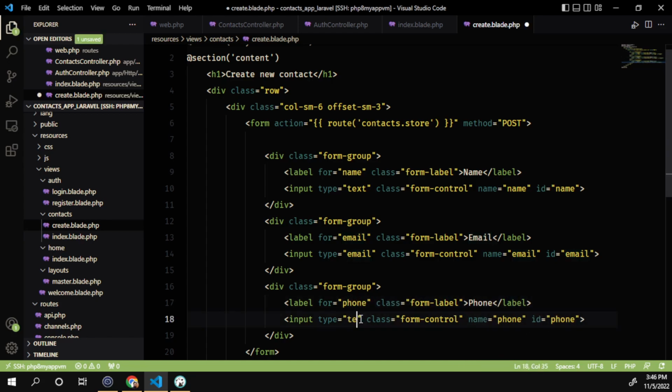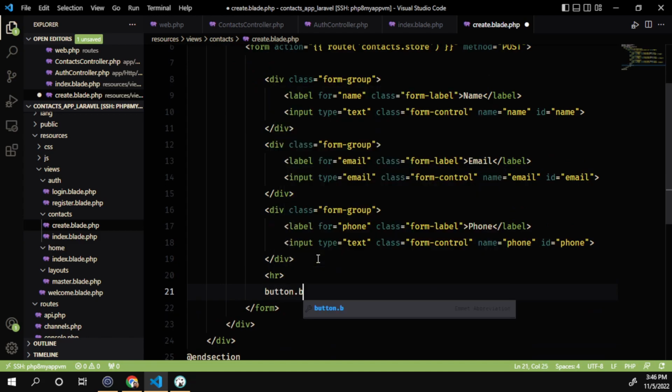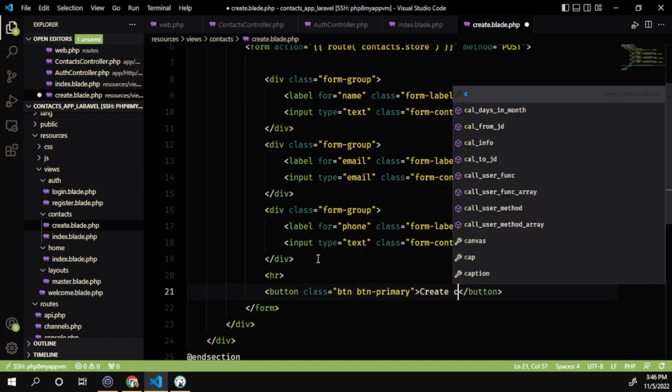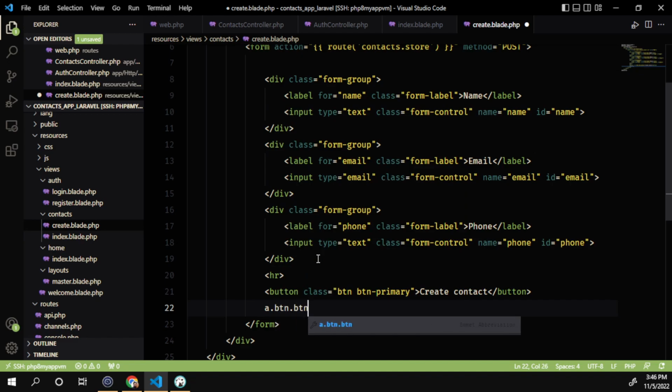It should be text. And let's add a button. Let's say create contact. Let's add another button here. It takes us back to our index page. So I say a.btn secondary, and it should take us to